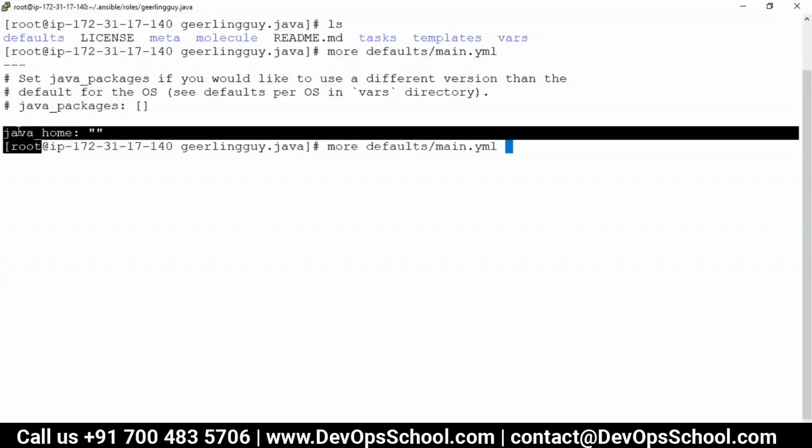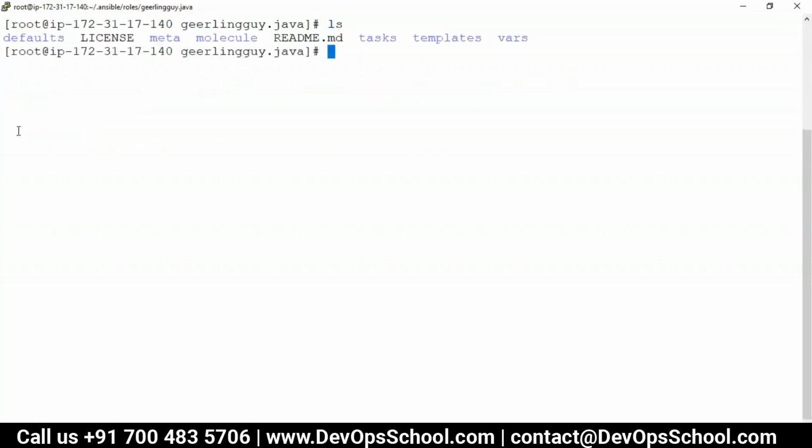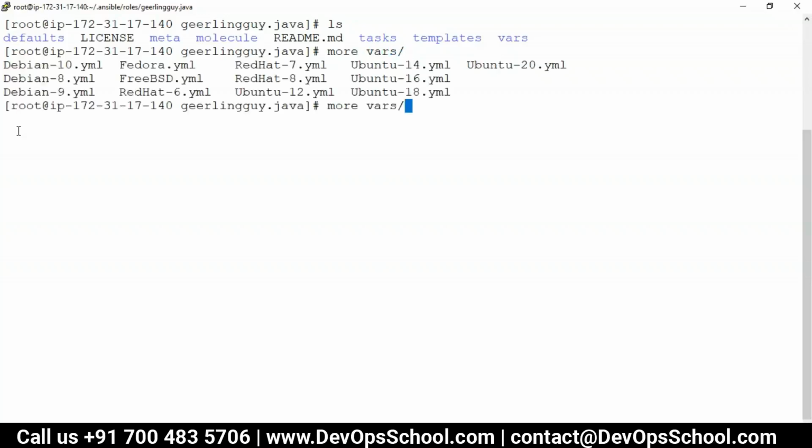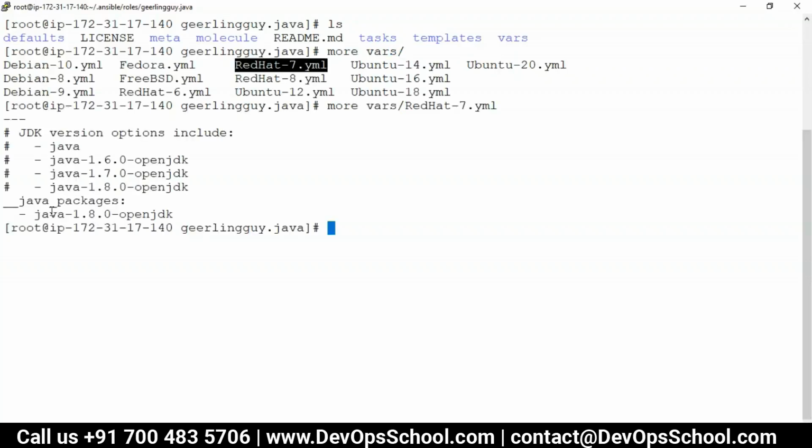That means default nothing. But can we check the same variable? Do we have this in the variables, vars? My platform is Red Hat, right? So in vars, do we have a Red Hat 7 somewhere here? You see here it's set here. So there is nothing, but here it is set. Now when we detect that it is RHEL 7, then you should pick this file. Where do we code this one?